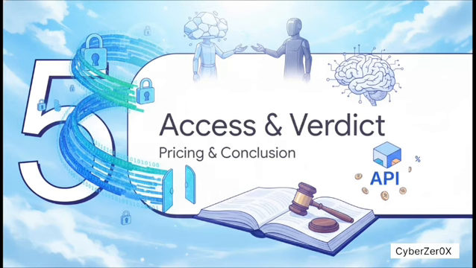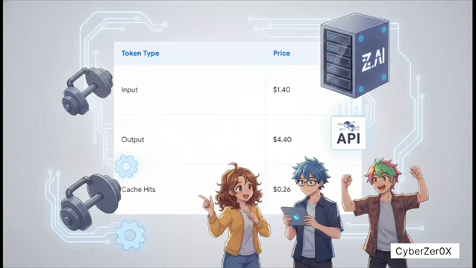Finally, Section 5. Access, pricing, and our verdict. Now, if you don't have the heavy hardware to pull the weights from Hugging Face and self-host, ZAI offers an API, and the pricing is incredibly aggressive. We're talking just $1.40 per million input tokens, $4.40 per million output tokens, and a staggering 26 cents for cache hits. Getting frontier-level GPT 5.5 tying performance at these exact price points, that completely changes the math for startups building